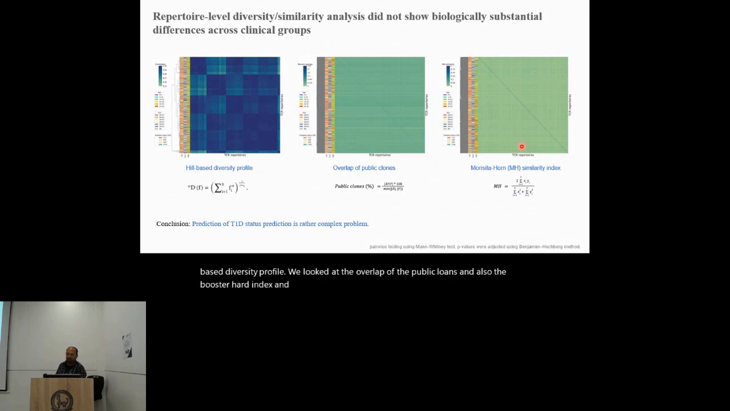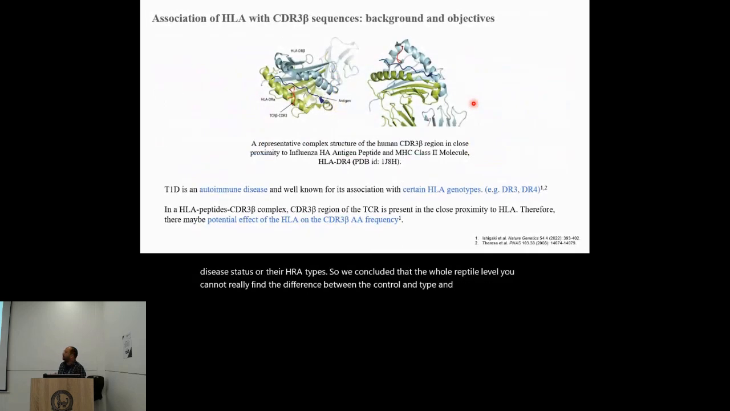Based on these 3 parameters, we found that there is no clustering, as you can see from these lines here. It doesn't cluster based on age, disease status, or HLA types. So we concluded that at the whole repertoire level, you cannot really find the difference between the control and type 1 diabetic. So we went further, more deeply into it, and first we tried to look at how your HLA affects